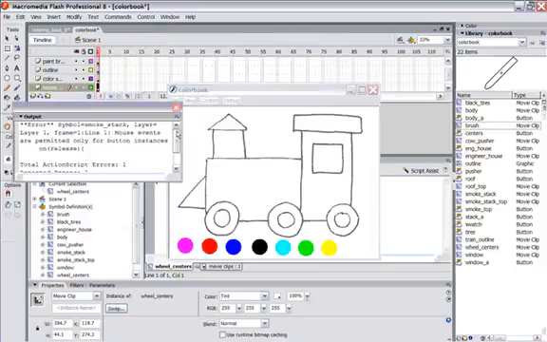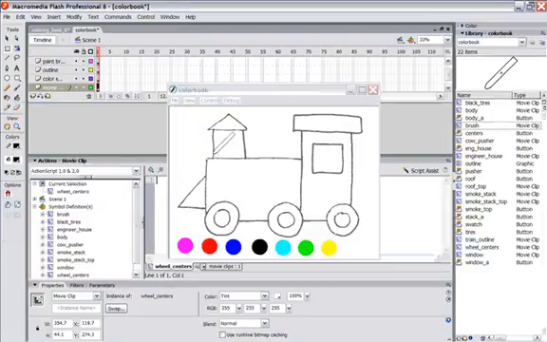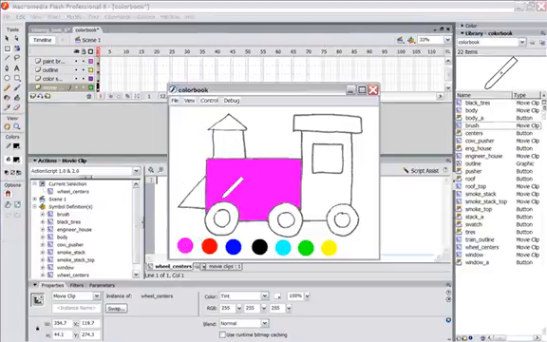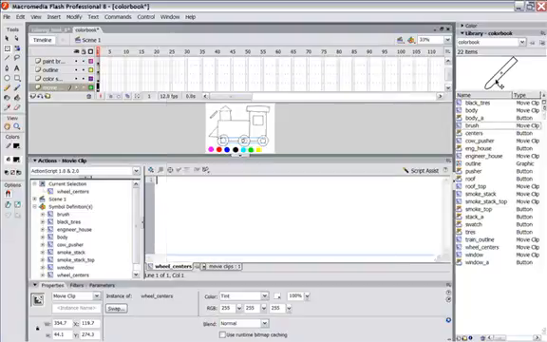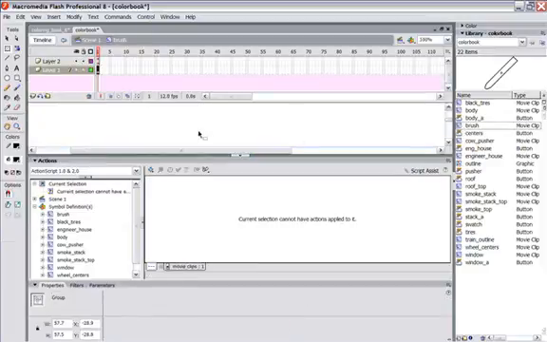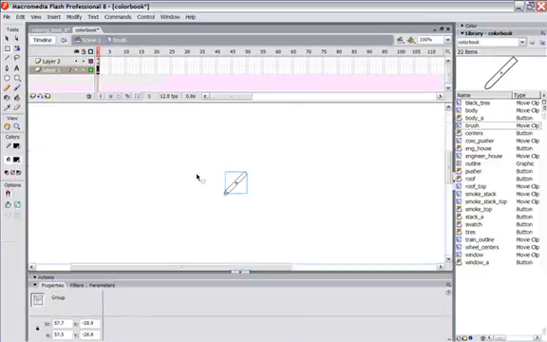I've got an action script error, and it tells me on the smokestack. So now I've got an issue with the smokestack, so I need to go back in and look. But what I'm going to do first is click to make sure that my colors are now working. And voila, they sure are. So that's what you want to do, is you want to make sure that your programming's correct, and when we look at this little puppy here, this little brush, our selection point, remember, let me close that again, is down here,